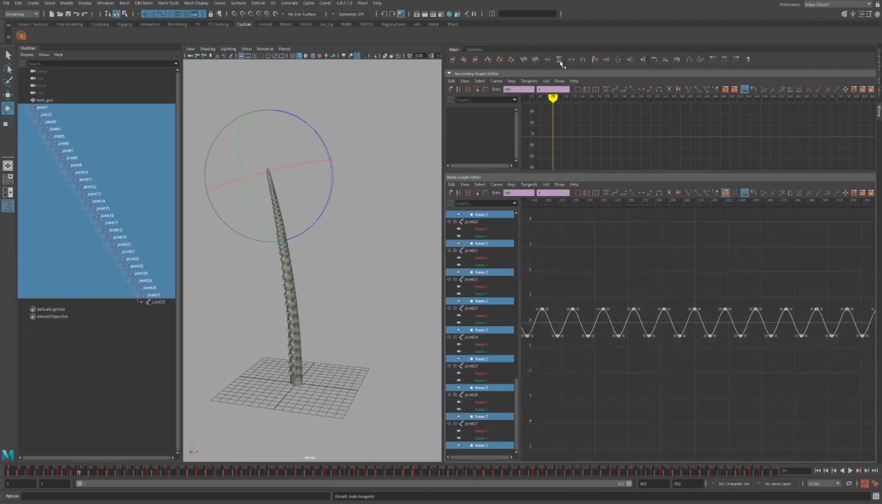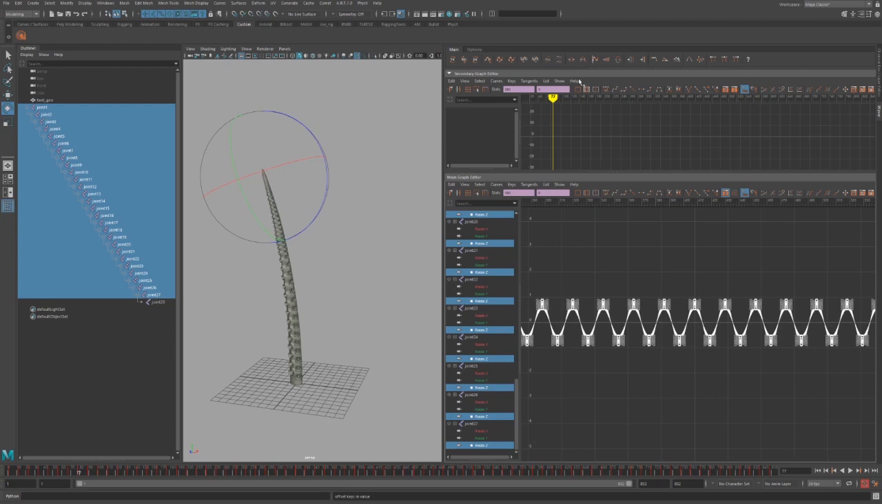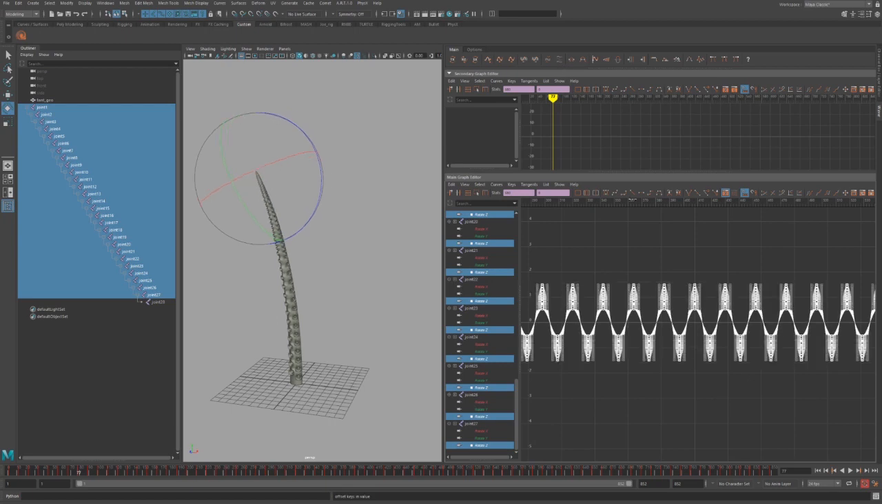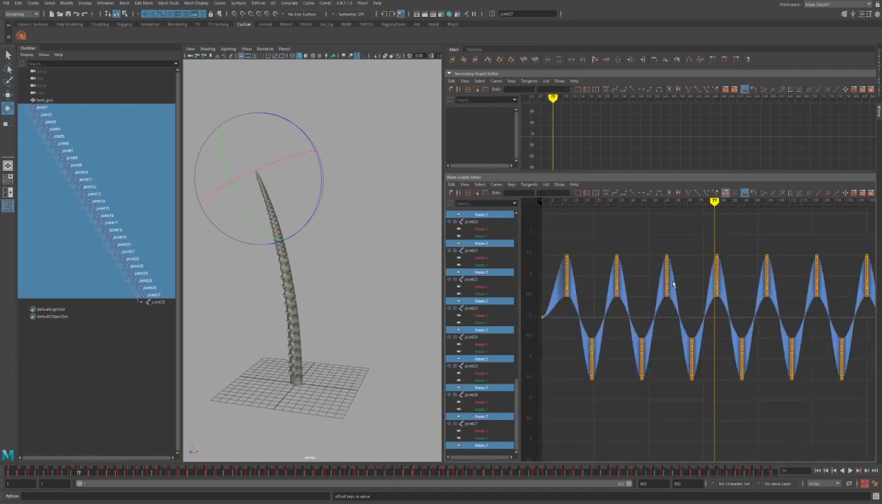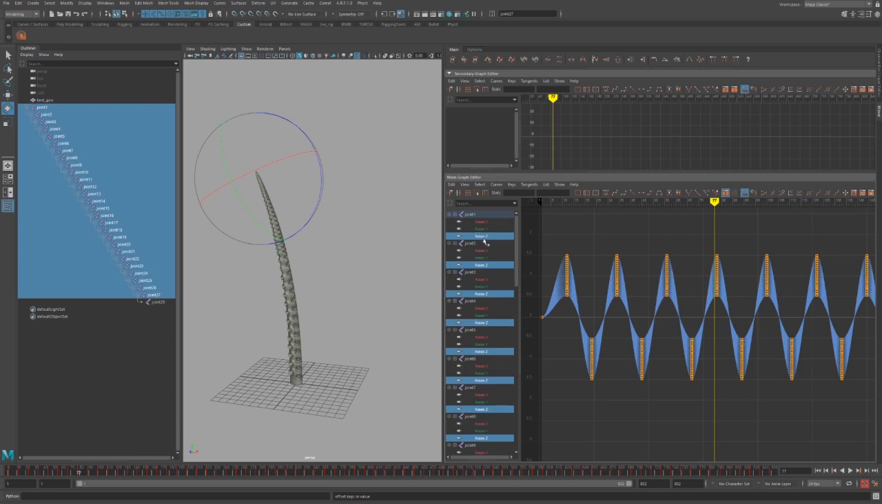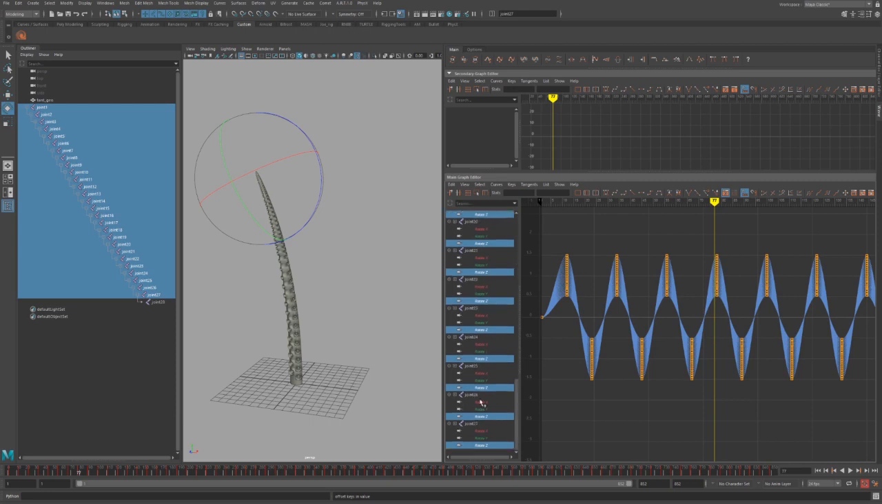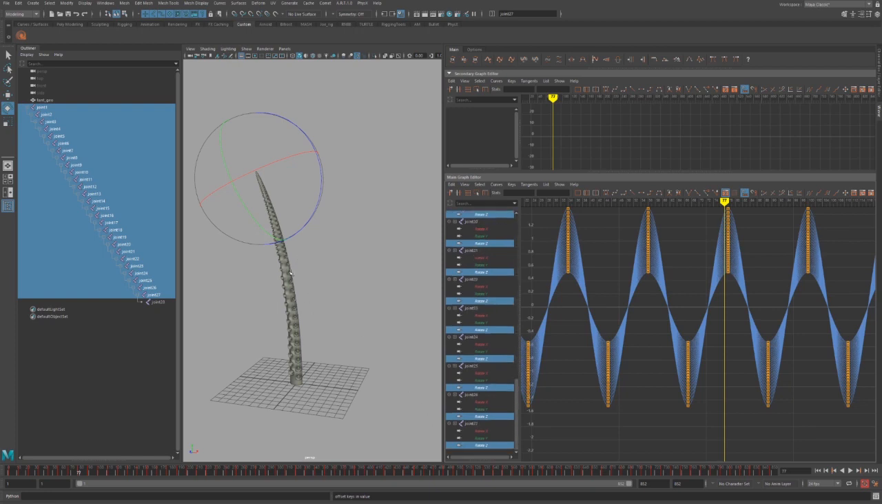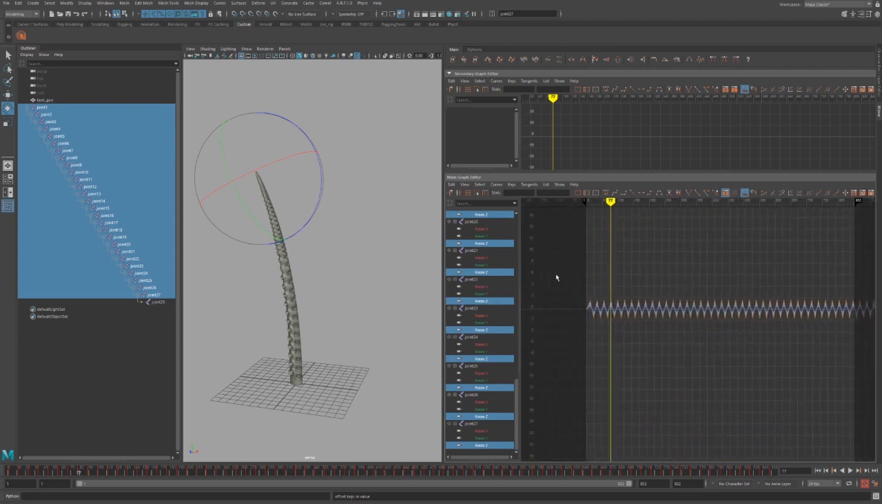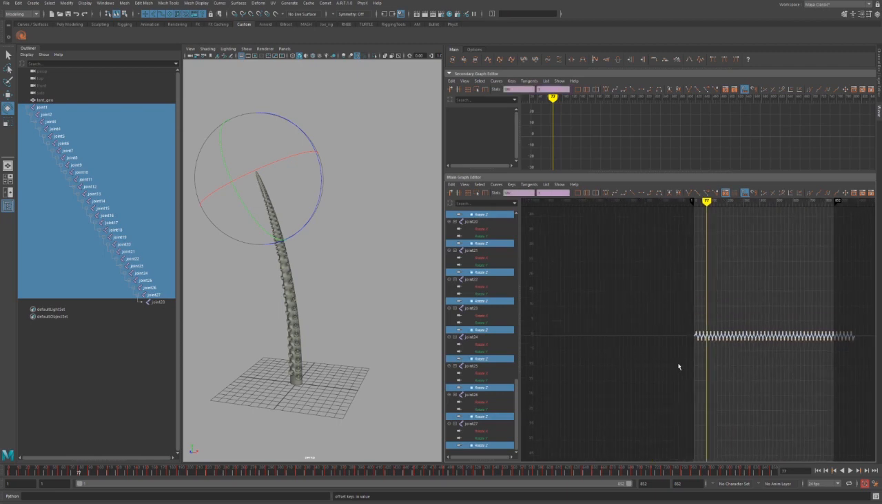If I click it once, you can see that it's starting to scale up the keys, but every curve going down from joint 1 to the last joint is scaled proportionally more. The first joint isn't scaled at all. It stays the same, but the rest of them are scaled more and more. Here it's a little subtle and you can't really see the difference, but if I keep scaling it up,